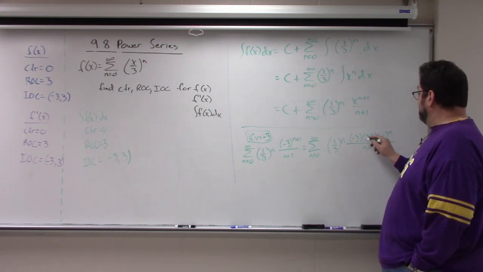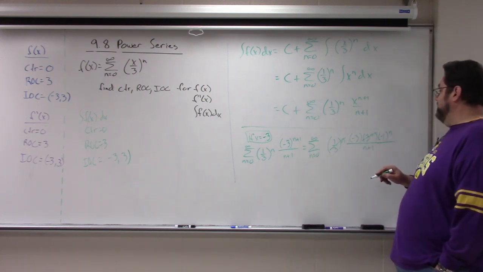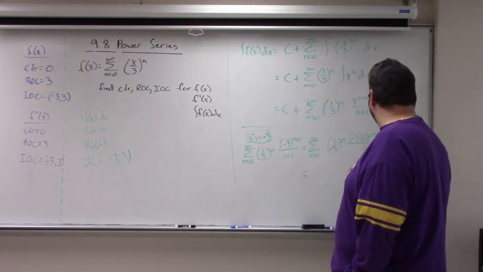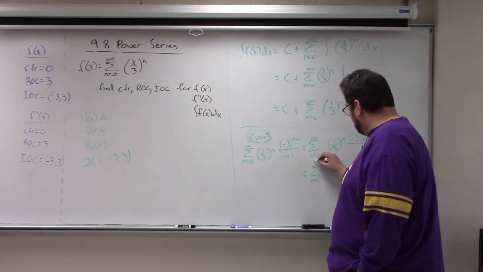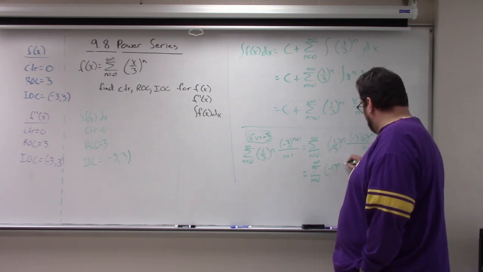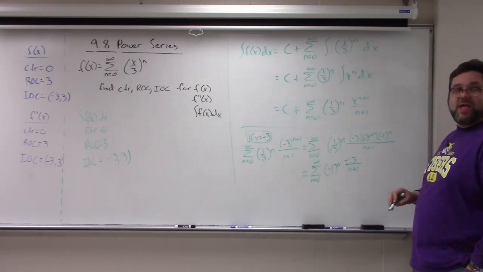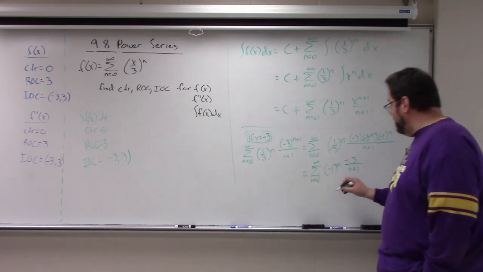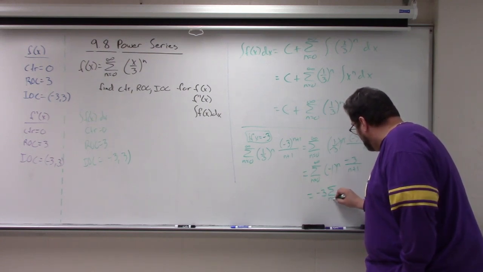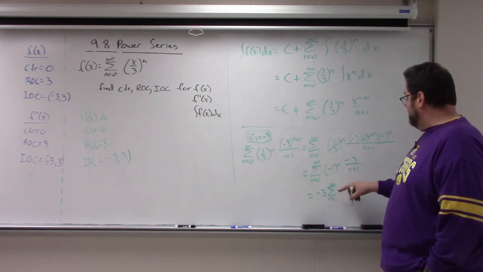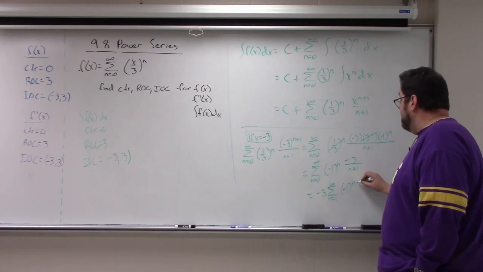Why did I do that? Because these things are now gone. All right, what are we left with? Well, we're left with negative 1 to the n times negative 3 over n plus 1. I'm going to do the same kind of rearranging I did a minute ago. I'm going to take the constant out front. I'm going to change my index. This becomes negative 1 to the n minus 1,